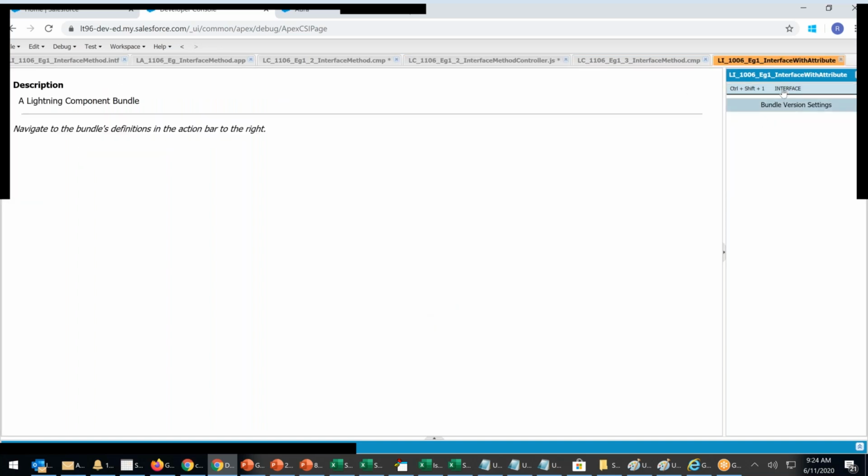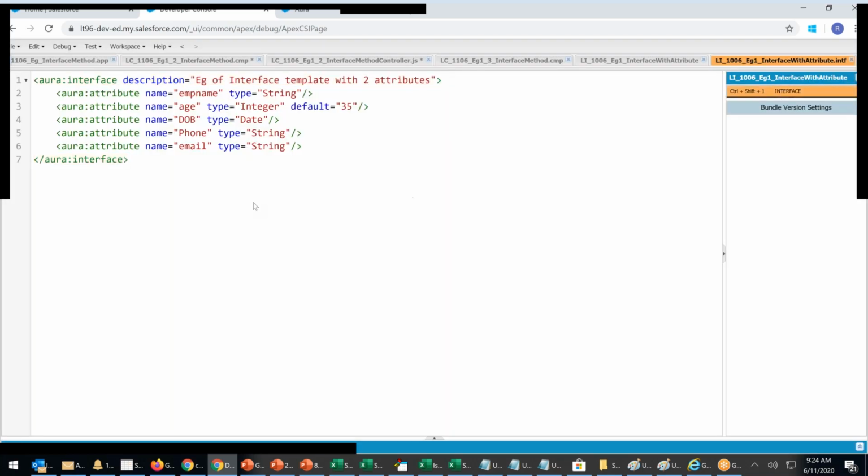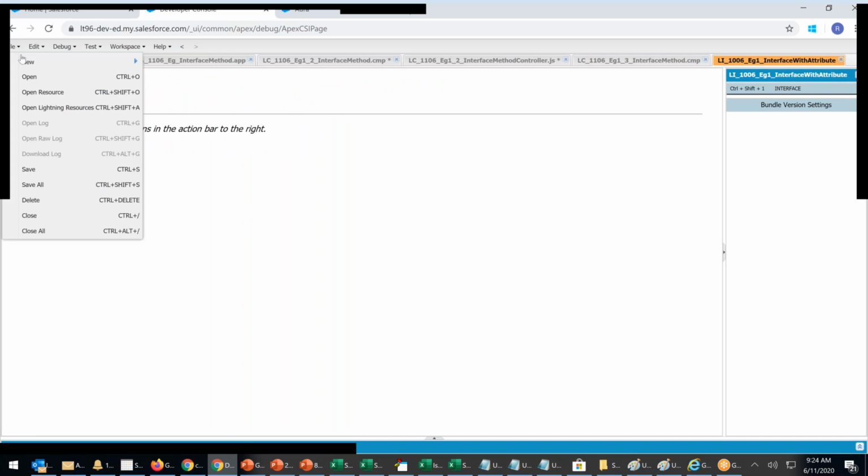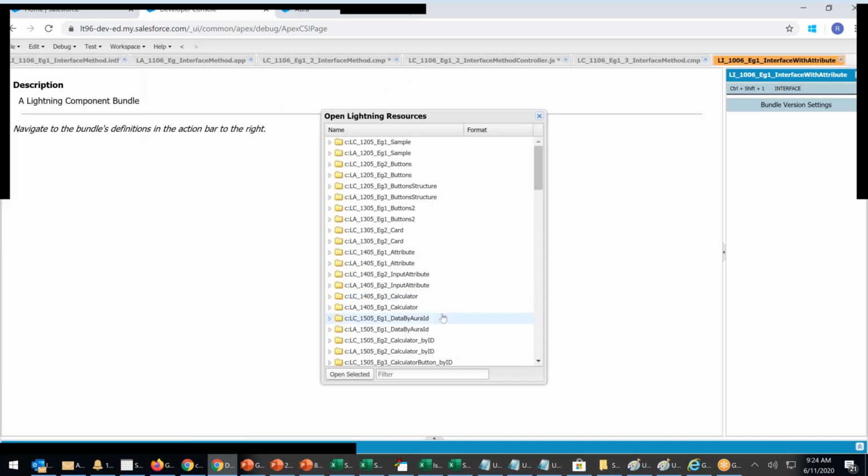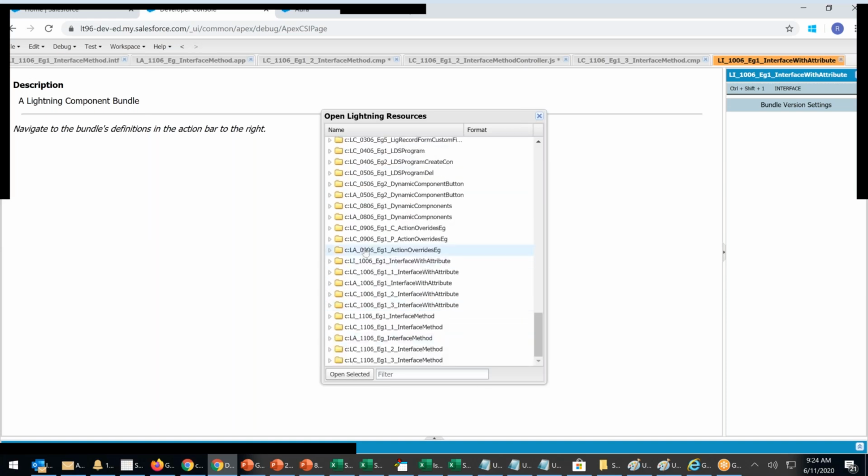I click on interface. Inside that interface, oh, not LC 10. Open action override. When we did it, not yesterday's class, sorry, the day before yesterday's class. 9, sir. Right, 901, action override. So there are two action overrides.